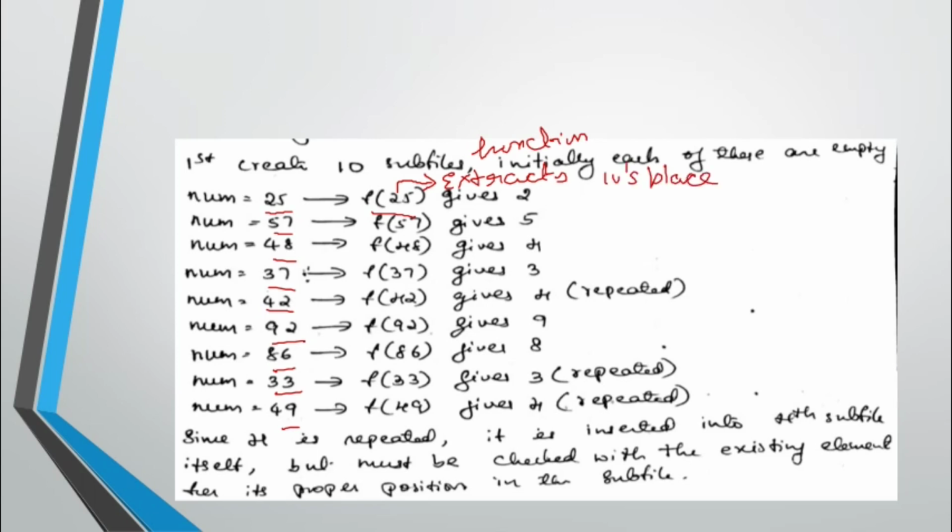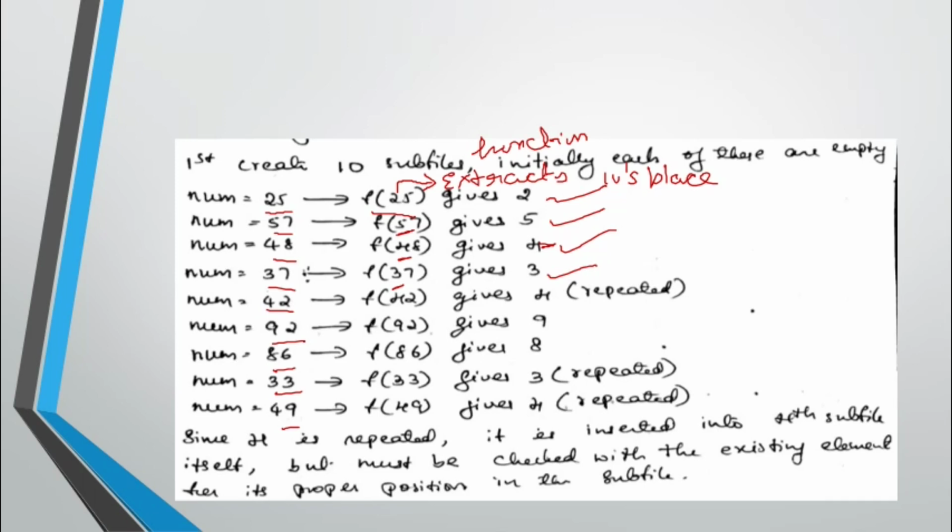So it is doing that for all the numbers, remember students. So f of 25 will be 2, f of 57, the 10th place is 5, so 5, then f of 48 is 4, then f of 37, f is a function. So when you apply this function, it gives you this address. Okay, so that's the concept of hashing. We'll understand hashing in another video, so that time you will get it better.